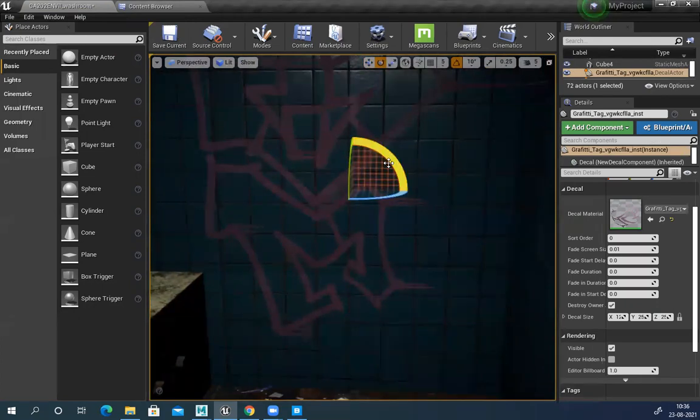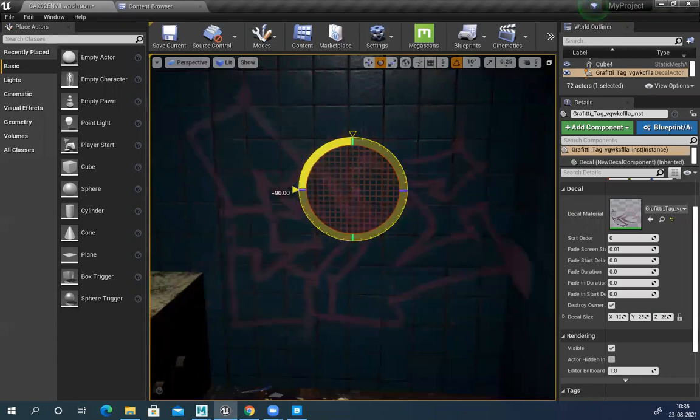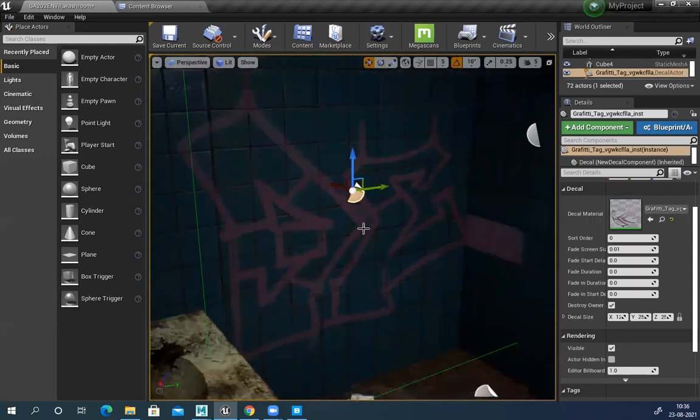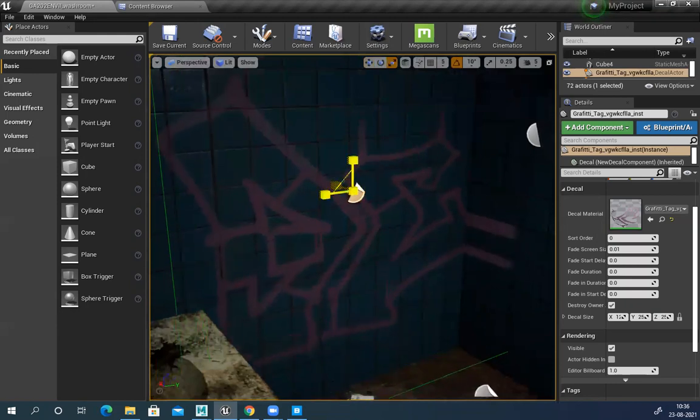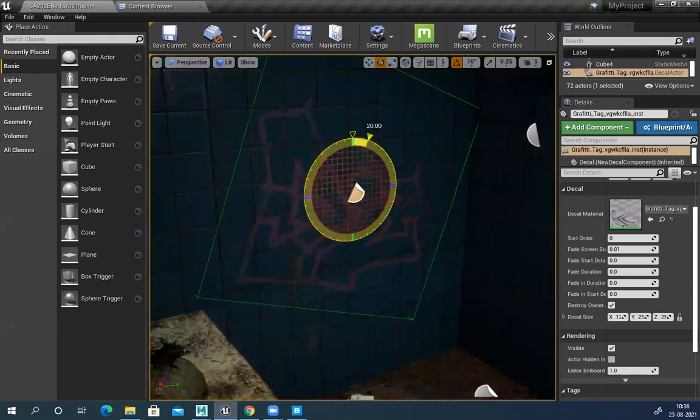See, let's rotate this. Direction is wrong.